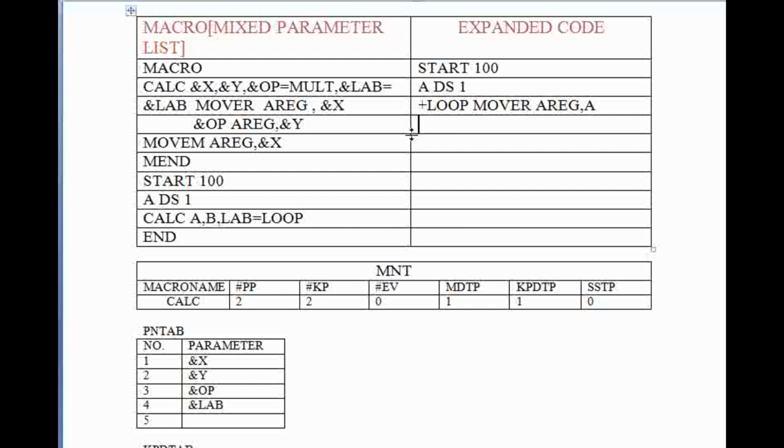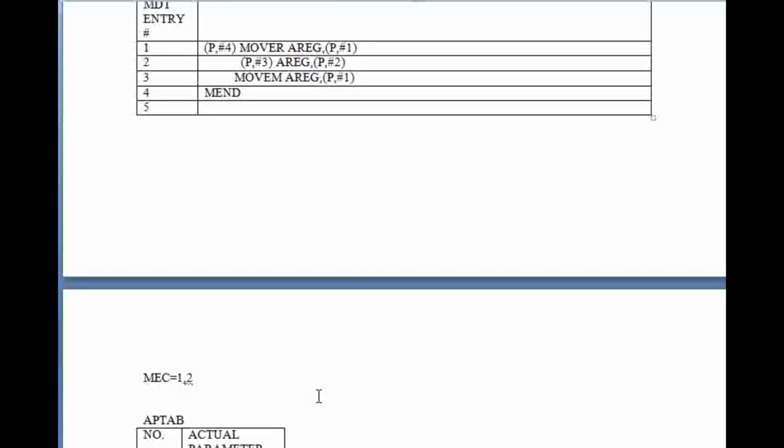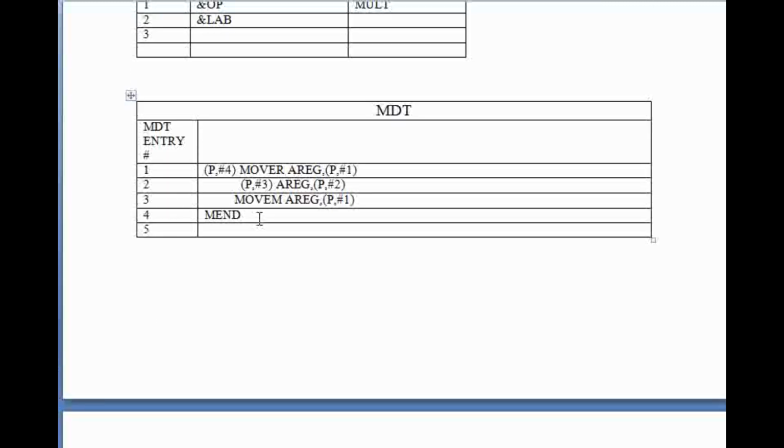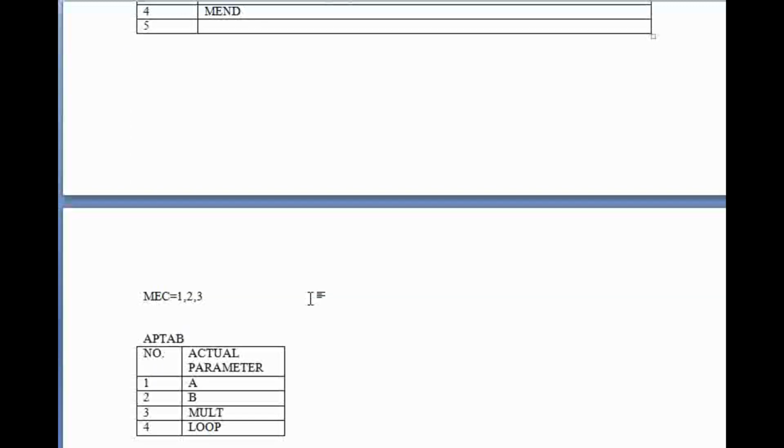So I'll write here plus, and we write mult, and then we write the A register, and comma, P comma #2 was B. Next, the MEC value is incremented by 1, so we go to the third line. The third line is move M, A register, P comma #1.